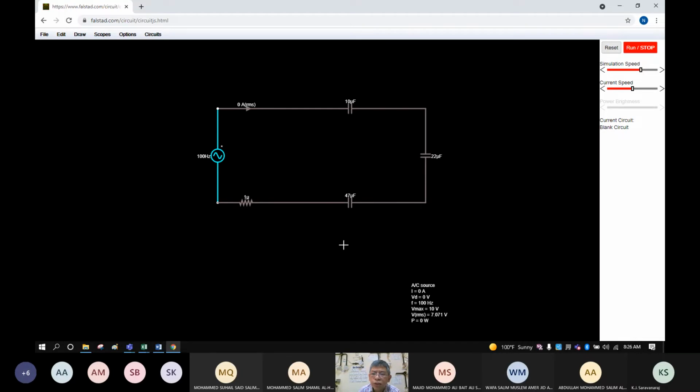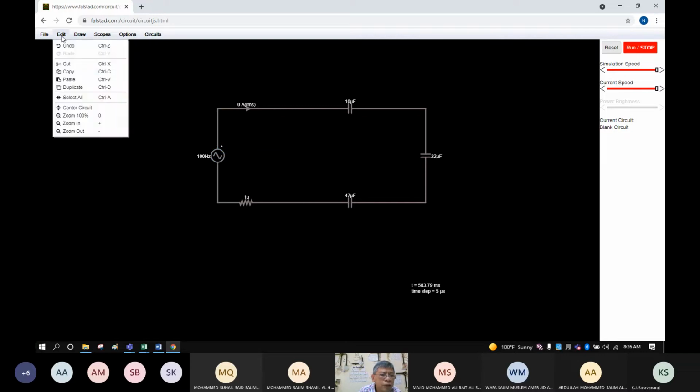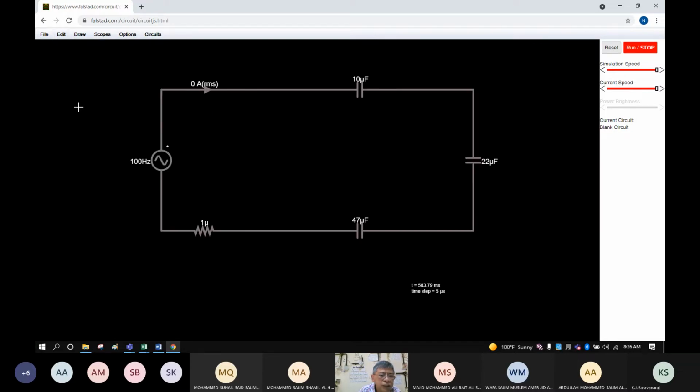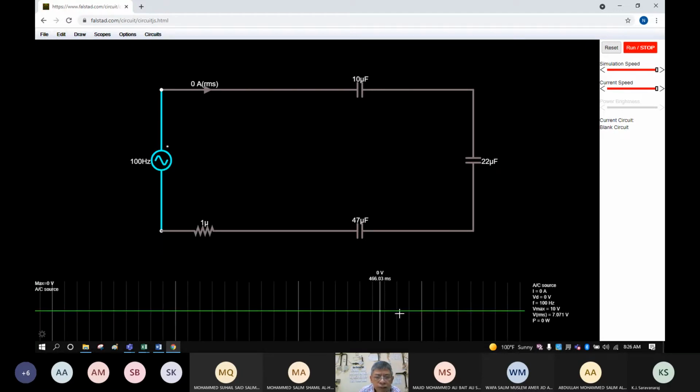The next procedure, we need to maximize this, meaning we will adjust this to maximum level. Then go to supply, edit. Before that, I want to make it visible. So center circuit, then go to the supply, then view in new scope. So you will see this.